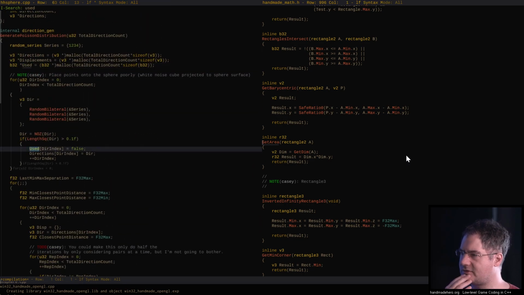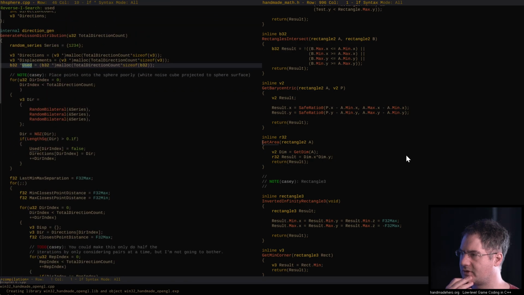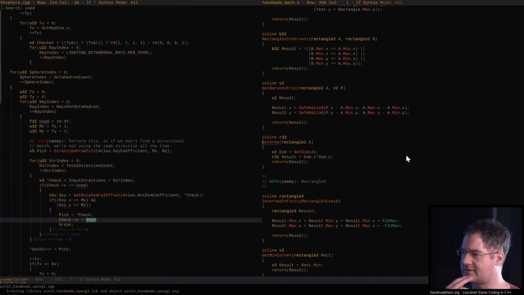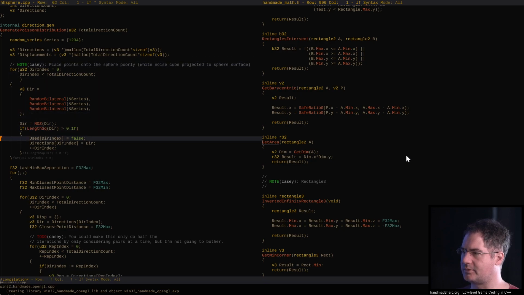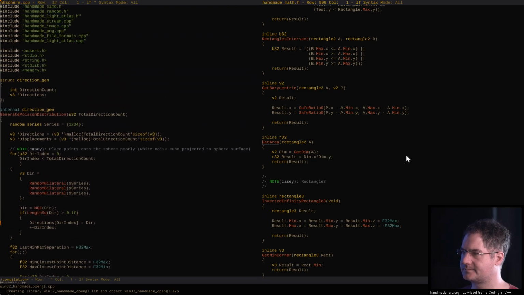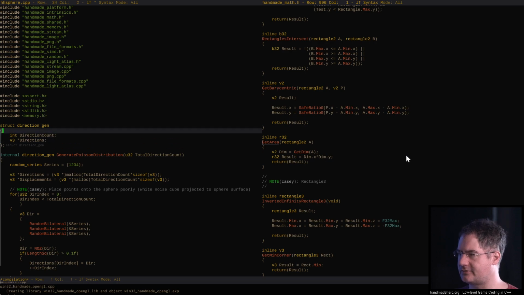What is this used? Dir index equals false? What is that for? That doesn't seem to be a thing. Like that's not actually a thing. So it seems like this is bogus, I guess. I don't know. So anyway, if we take a look at this direction generate Poisson samples thing, if we imagine